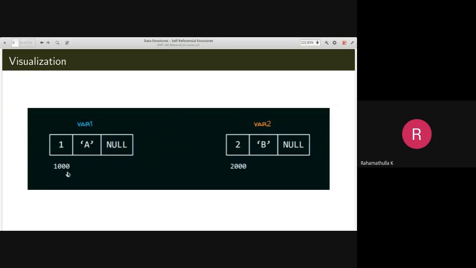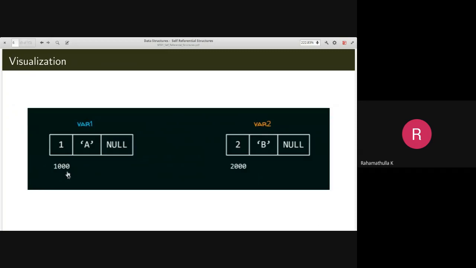Let's say var1 is at some memory location 1000 and var2 is at some memory location 2000. It can take 2 bytes for storing this integer, 1 byte for storing this character, and for storing the pointer maybe 4 bytes. So it will have some number of bytes.